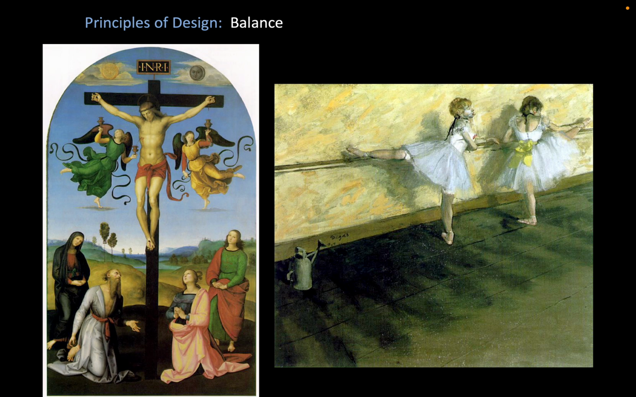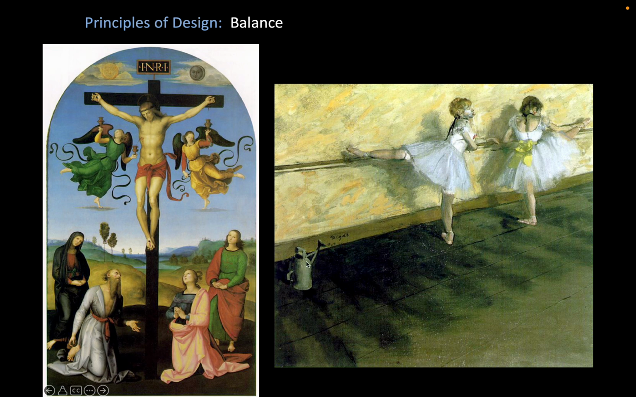This is called Dancers Practicing at the Bar by Edgar Degas, French Impressionist painter. This is an example of asymmetrical balance. So we have these two ballerinas who are stretching here, and they are pushed over in towards the right. They're not exactly in the middle. They're on the right. If we had an invisible axis right here, you could see they're definitely on the right